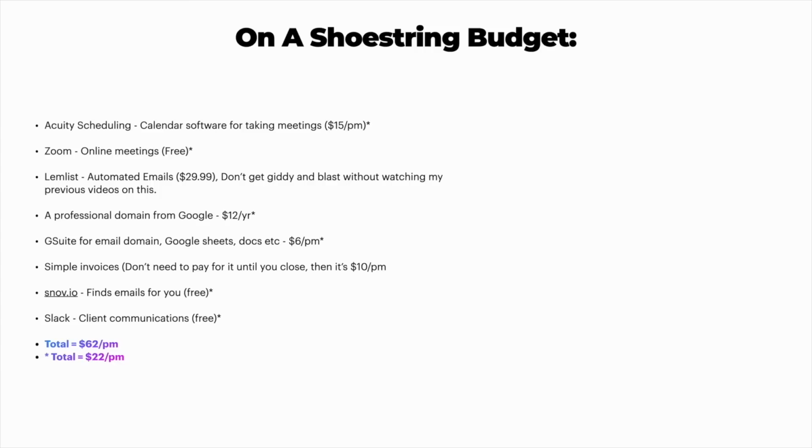Number one, make sure you go and get Acuity scheduling. Now, when you see that little asterisk on the bullet points, that basically means I highly recommend those no matter how much they cost. As in, the other ones that don't have asterisks next to them, you can kind of get away with not using them, but the ones with asterisks, I highly recommend you use because they're going to make your life so much easier. So Acuity scheduling, this is a calendar software that allows you to take meetings, send over your calendar and help people book in.